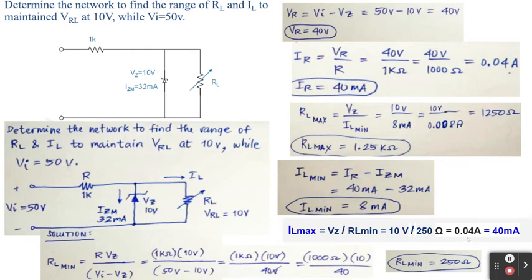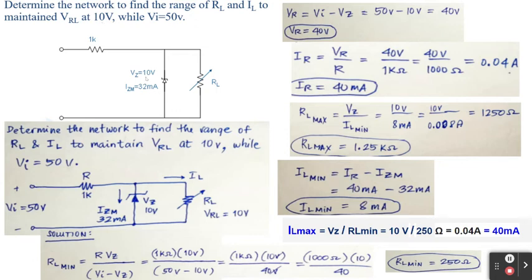You will be getting 0.04 ampere, and therefore the IL maximum will become 40 milliamperes. We got 40 milliamperes by multiplying 1000 to 0.04 amperes. There you go. This is how to determine the circuit values necessary to be able to get 10 volts